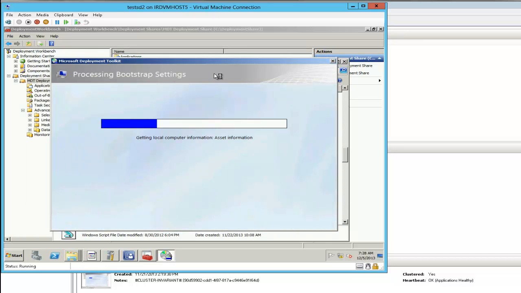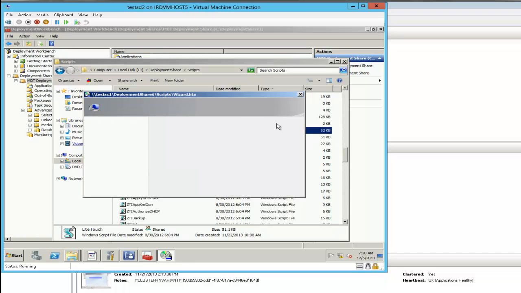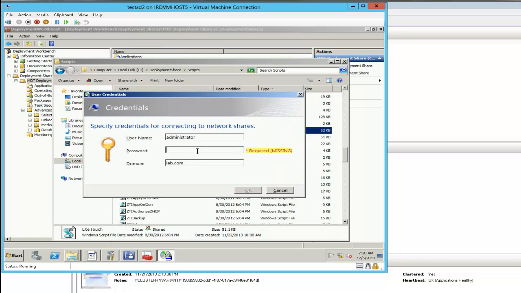Yeah, and basically it runs this same script here, and that script in turn is going to call all the instructions that you have here. So this is the screen that's going to come up when you boot from this. You can actually add this light touch boot image to your WDS and use that instead of the default WDS image that you get. Alright,